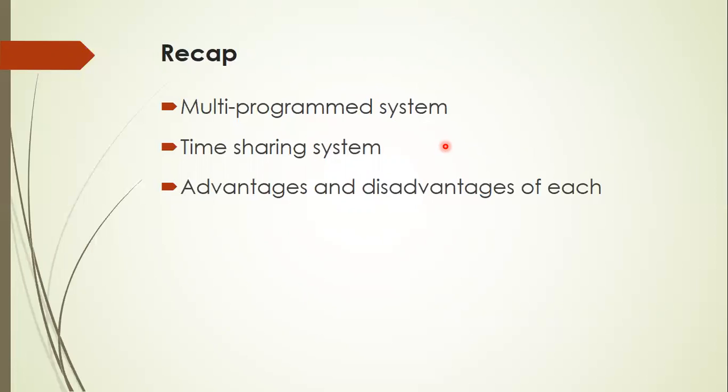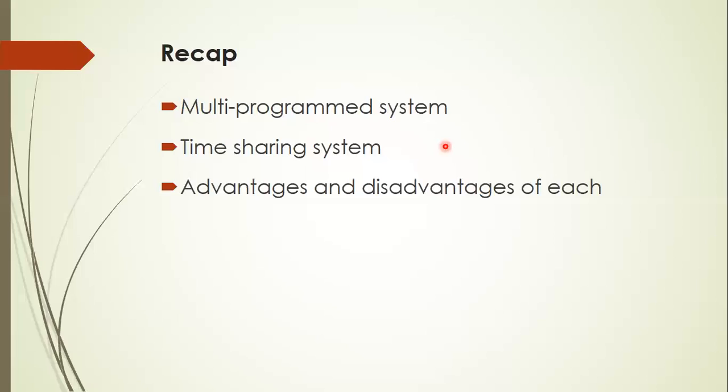It executes that job also for a maximum of one time quantum, then moves to the third job. In that case, it moves from one job to another job. After reaching the last job, it comes back to the first job, and executes the first job again for the next one time quantum. So in a time sharing operating system, every job in the main memory will get the CPU for a maximum of one time quantum in one iteration. So here, when compared to a multi-programming operating system, no job has to wait till the completion of the previous job. So it leads to a better, more uniform waiting time.